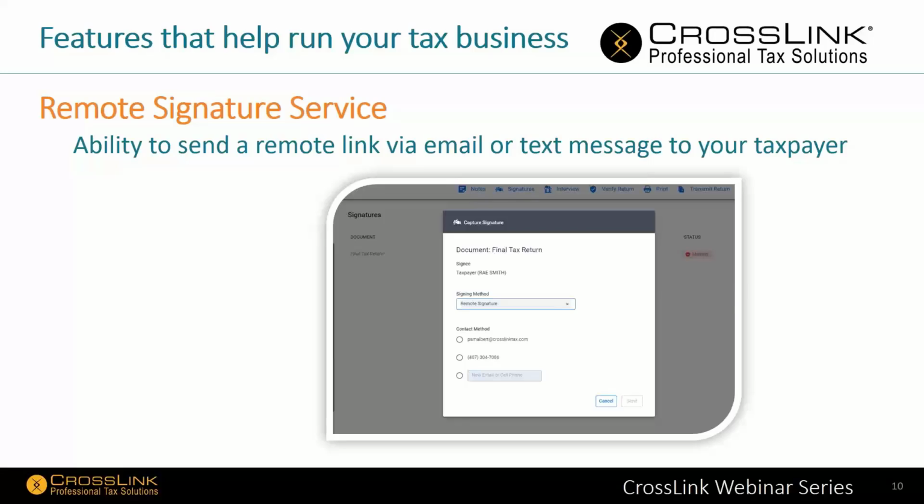All you would simply do is on your tax return, you'll click signatures. And then as you see here in the screenshot, you're going to choose remote signature. And then you can choose email or cell phone. Once you do that and you click send, they will now send a link to them. It's secure. They log in with their first and last name, the last four of their social. They can review their documents, sign the tax return, and then everything would be stored for you within our document